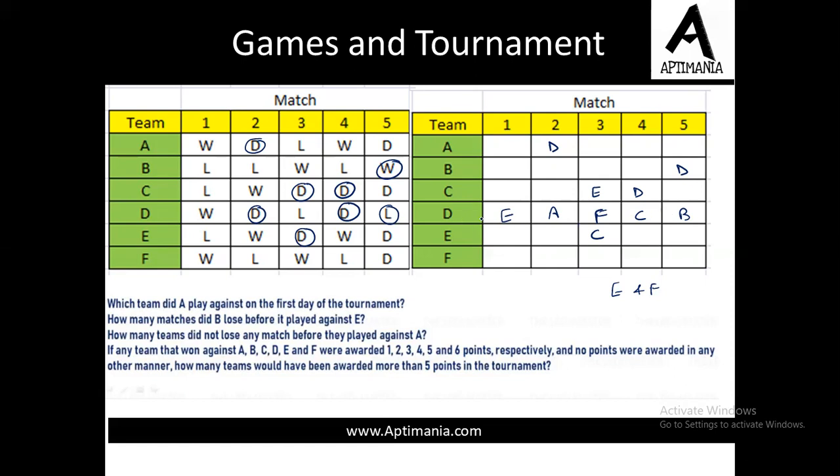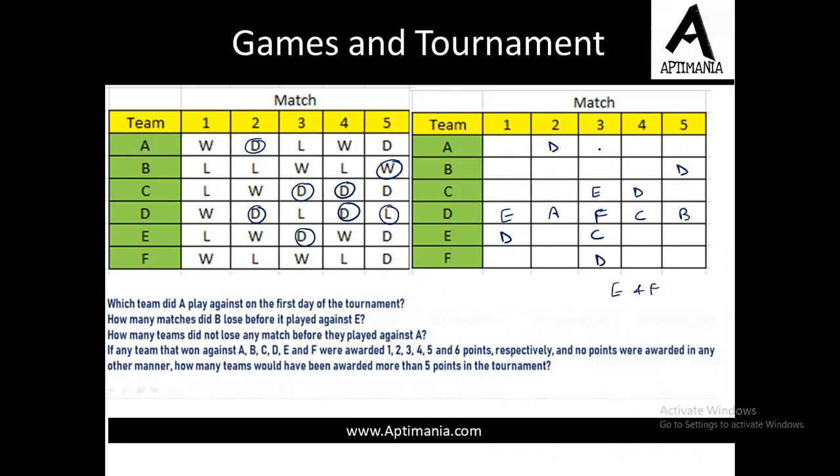तो D के मैचेस we know now कि D on first day played with E, on second day with A, and on third day with F, C, B, and so on. Right? Now from here we can see that on first day D played his match with E. So E must have played with D. So we can fill D over here. And similarly here we can see that D played with F. So F must have played with D. तो ये भी हमने fill कर दिया.